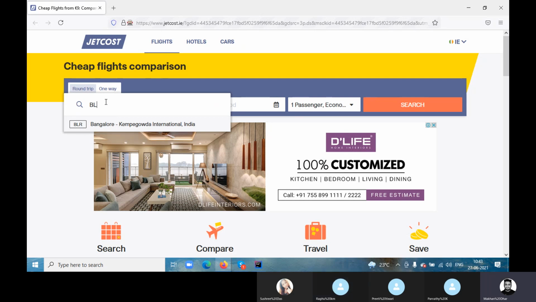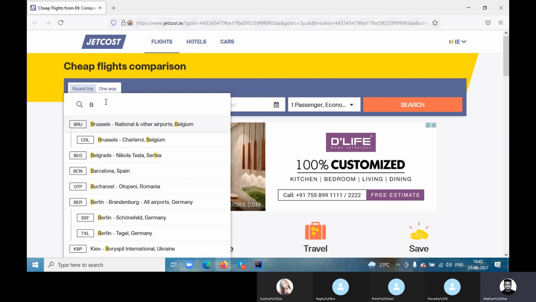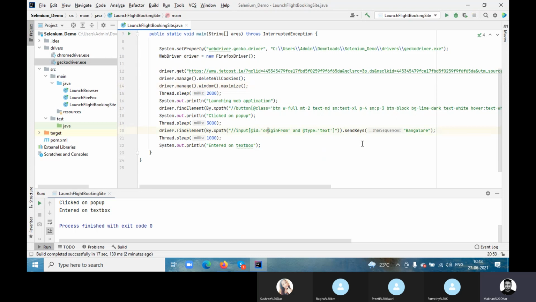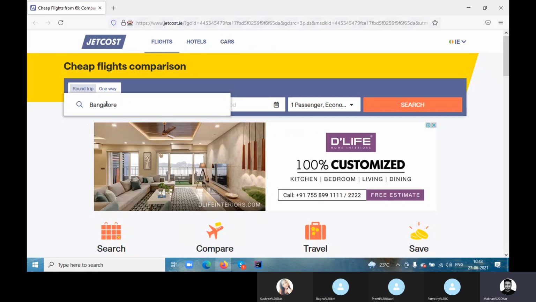But here in automation, what happened? It is directly taking Bangalore, right? So let's see if it is working, then fine, no issue. If it doesn't work, then we'll do all these experiments. Until we get an issue, if it is working, that's fine. So it is taking Bangalore. Even if I click, it should click on this, right? So what we can do is, let me now select this one.